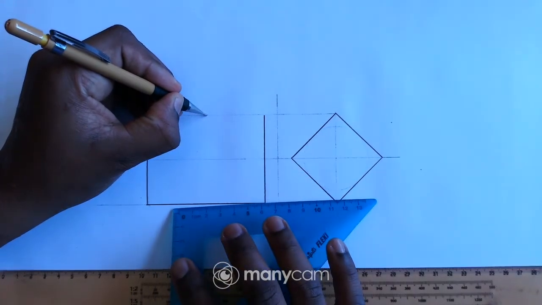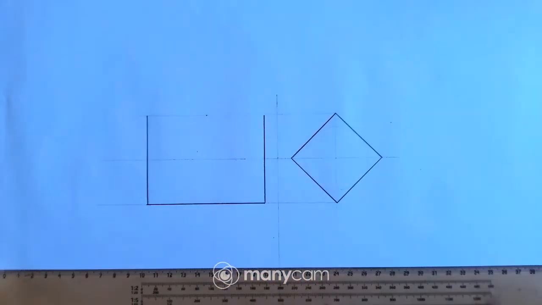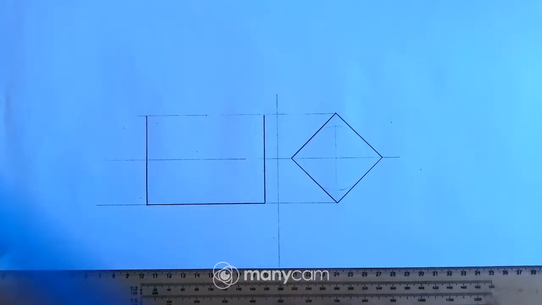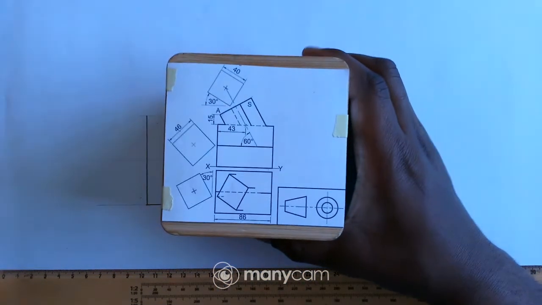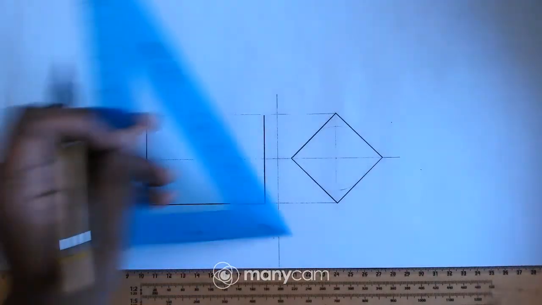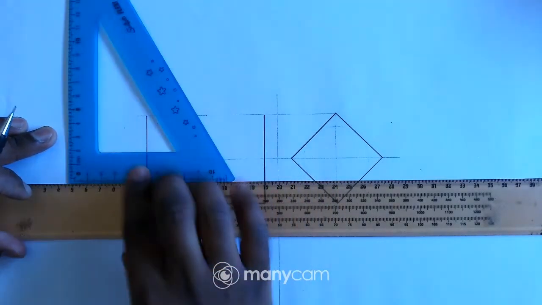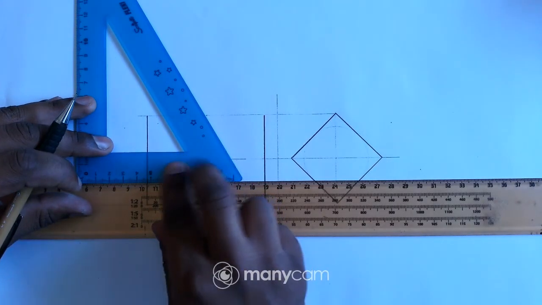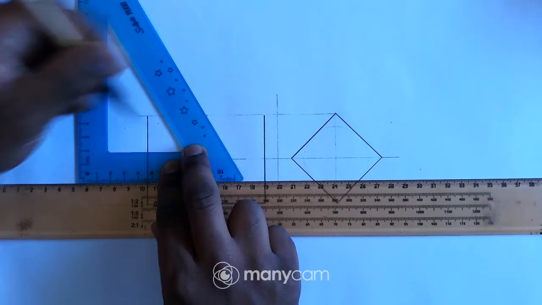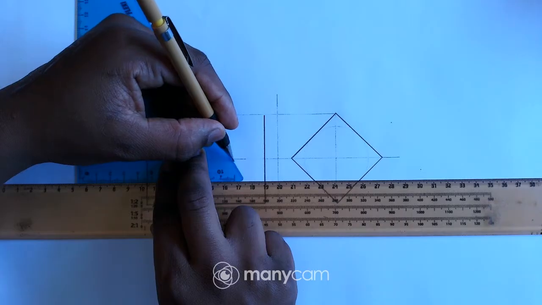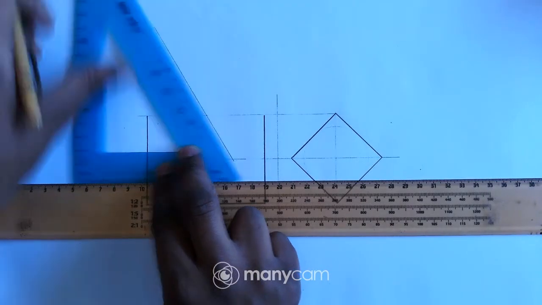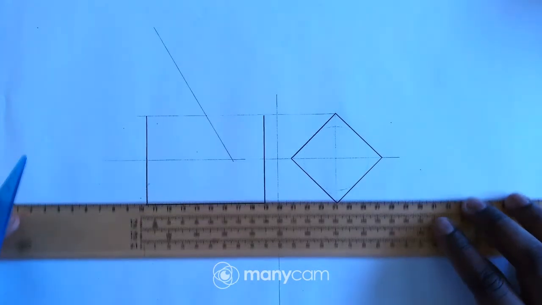43 is right there, so this is the point, and obviously that center line is at an angle of 60, so I can use my 30 by 60 set square to draw that center line. So just draw a straight line like that. Okay,